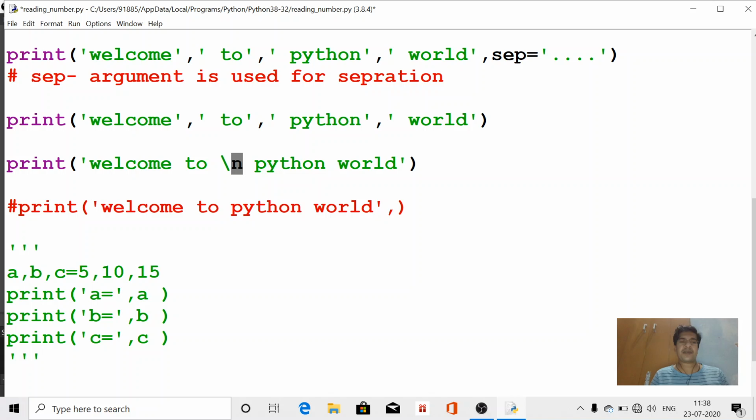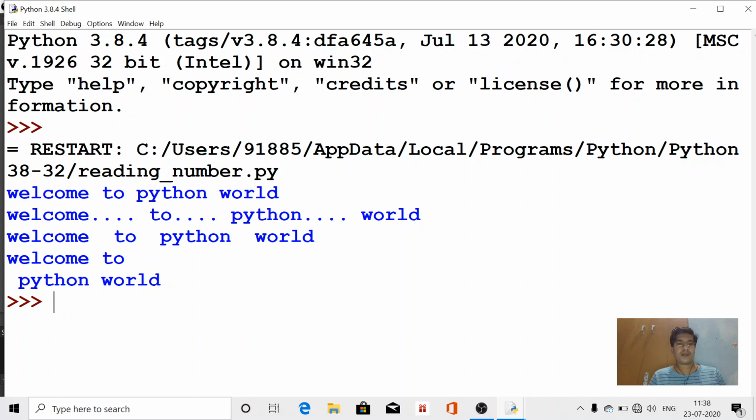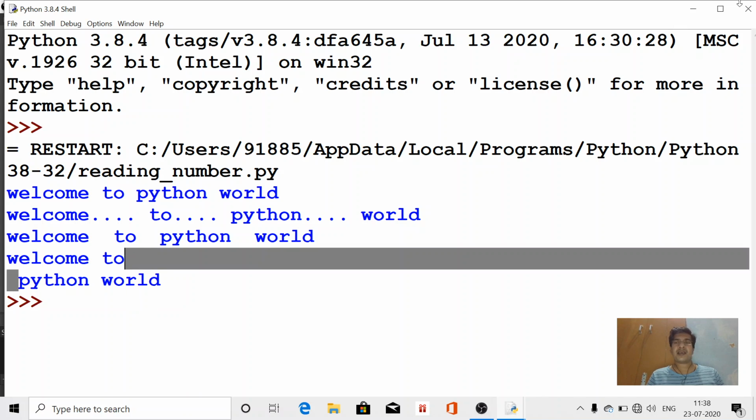That will also be printed in 2 lines. Now see the output for this. See here, welcome to is in one line and Python world is printed on the next line. This is the use of \n, that means the new line character.